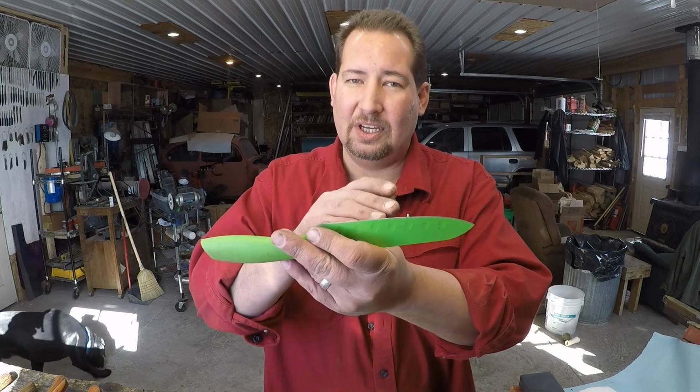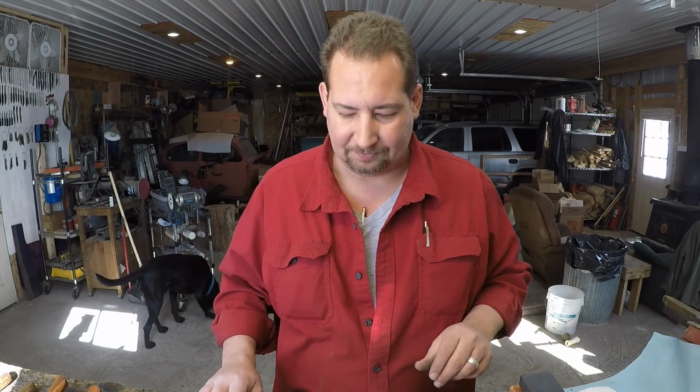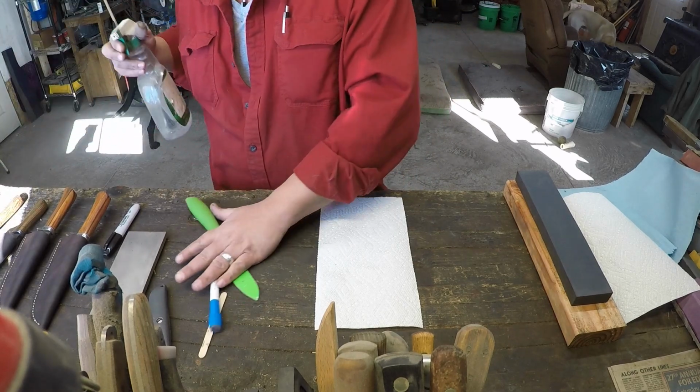So that's the factory edge, the factory tire. Now, how to find that? Okay, so what we're going to do here is we're going to go ahead and get,